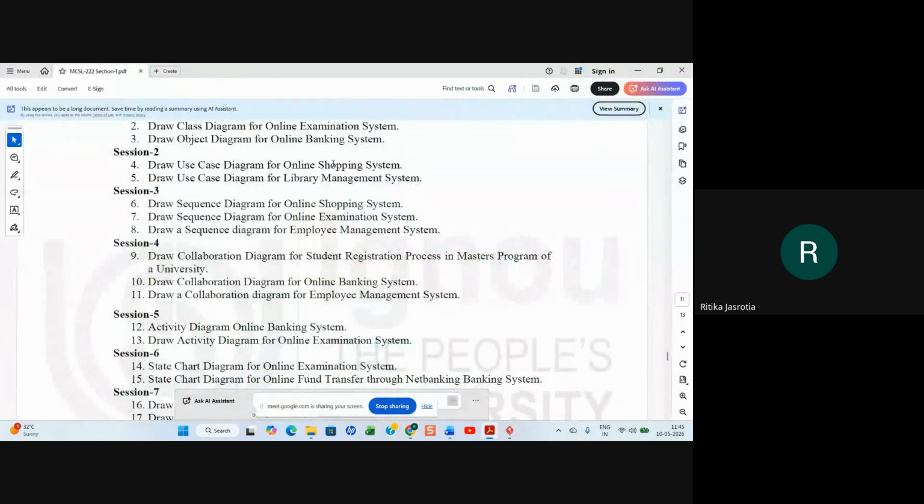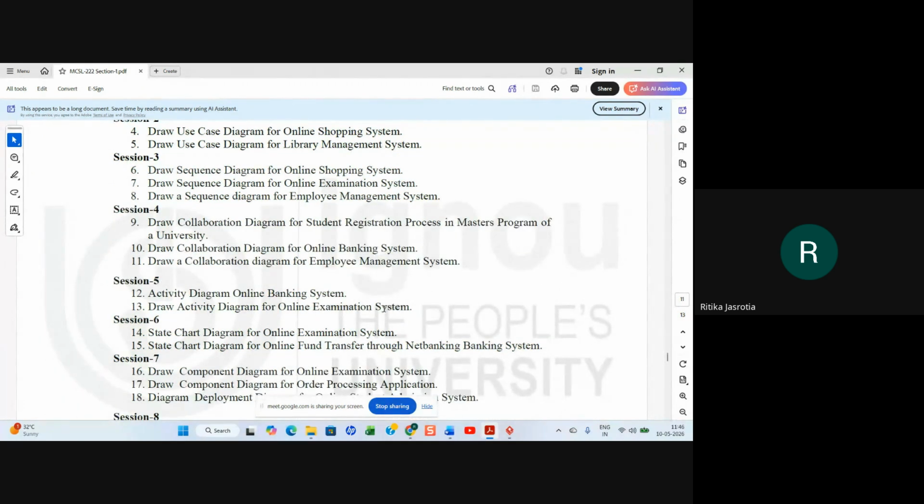So that is one of the ways you are showing the online banking system. Then there is the online examination system. Now if you have to make an activity diagram for the online examination system, yesterday also we made the online examination system sequence diagram, remember? So for the online examination system activity diagram, what all things do we have to draw? Tell me.